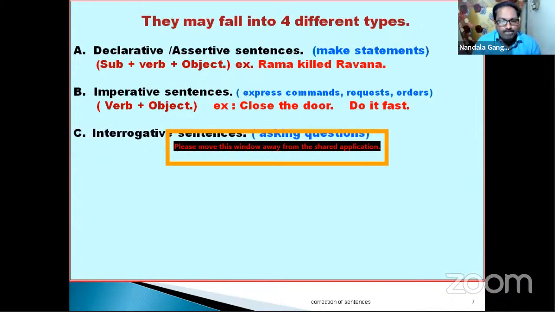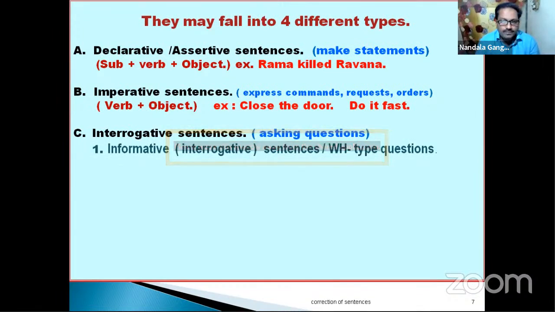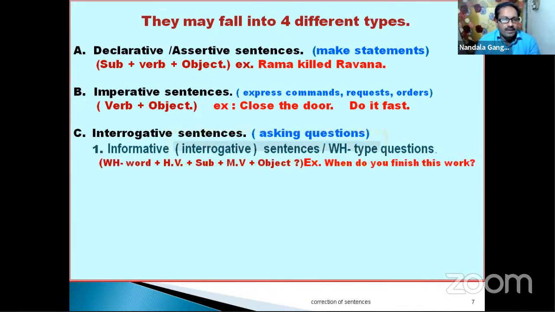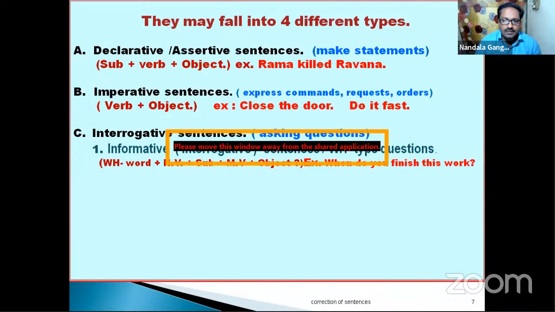The next one is interrogative sentences. Interrogative sentences are used for asking questions. These sentences are again divided into two types. The first one is informative interrogative sentences. These are also called WH type questions. Whenever you want to ask any question, these types of sentences are used. Here, the WH type questions have this structure: